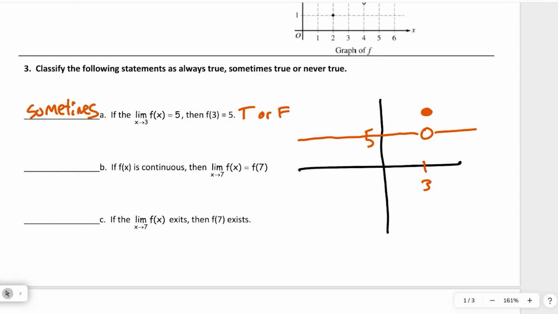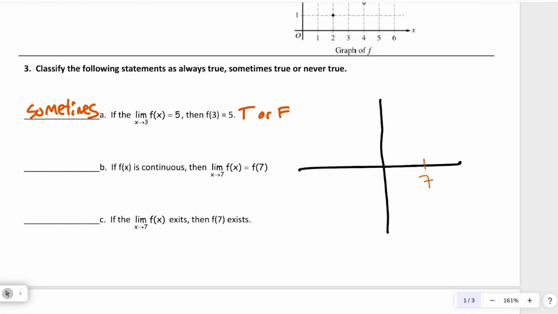B says if f of x is continuous, again, we haven't defined continuity yet, but we're getting really, really close to, and hopefully you're already starting to think about what that's going to mean, then the limit as x approaches 7 has to equal f of 7. Okay, so if 7's out here,